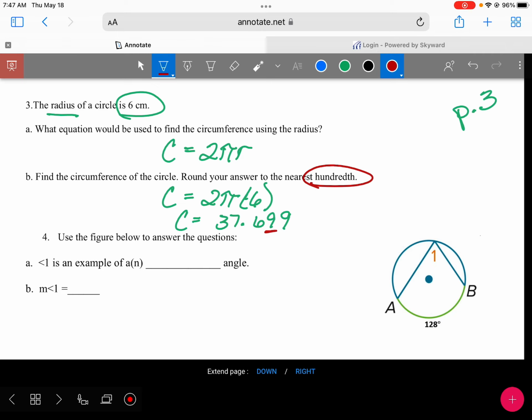Look next door, 5 or more, that's going to go up. Sometimes it's a little tricky when it's a 9, but think of it this way and look at the whole number to the right. It was 69. If you add 1 to 69, it's going to be 70. So my answer is